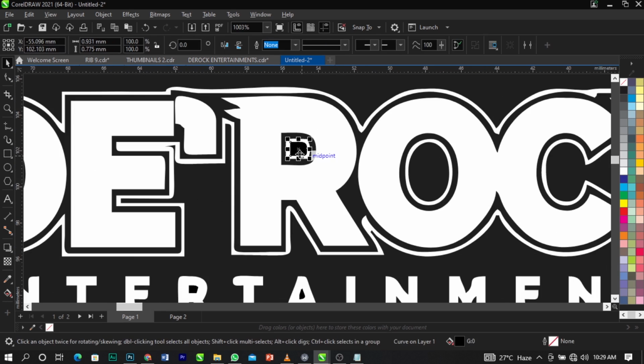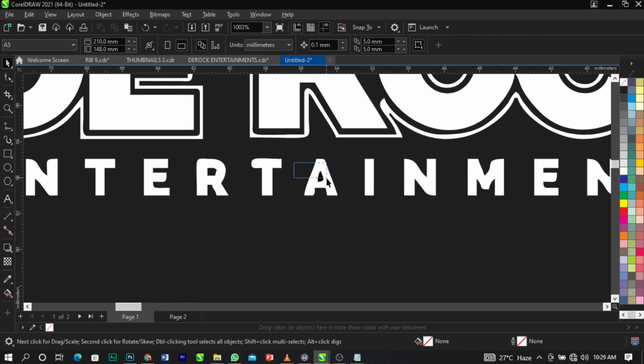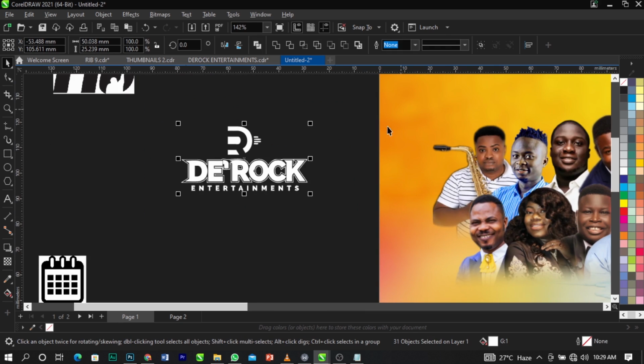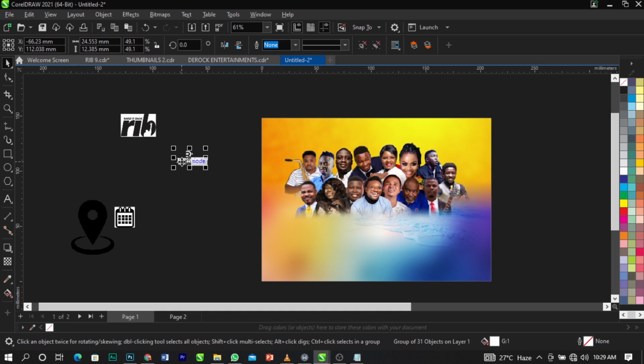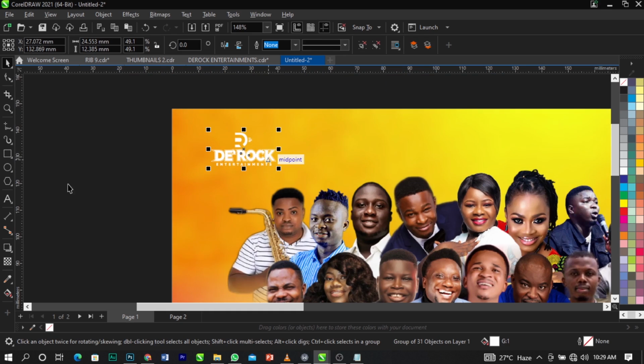I just put this logo for you guys so you can make use of it. I already designed this logo, so I just want to teach you guys how to extract logos from a background. I've taught you guys before. So what we're going to do is place this here and change the color to, let's give it this red,